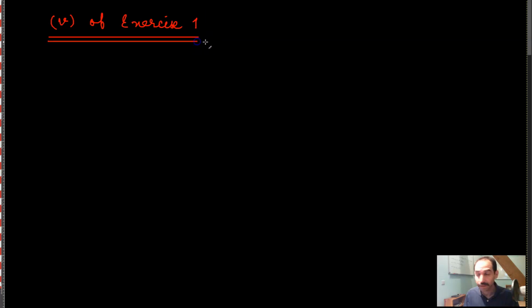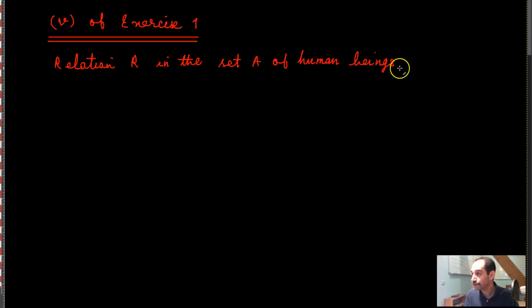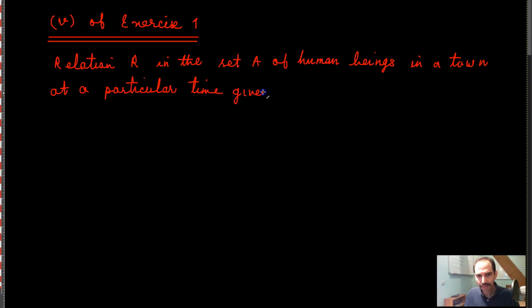So the question is: relation R in the set A of human beings in a town at a particular time given by R is equal to,